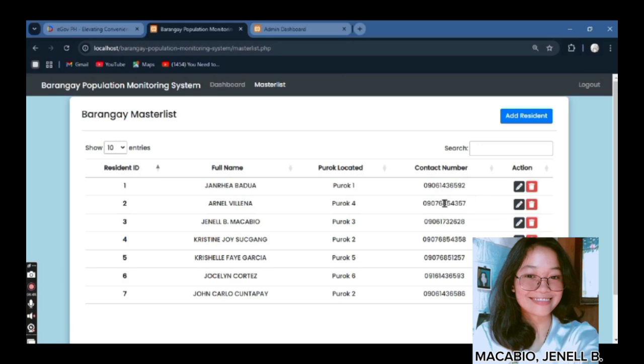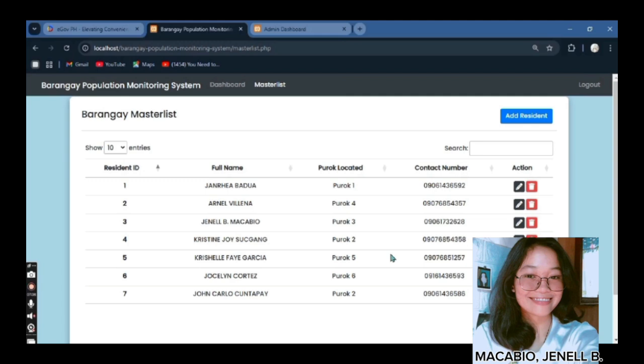The system promotes organized and reliable data management. It ensures that information is structured and easy to maintain. The streamlined design also reduces the chances of errors when recording or updating population details.